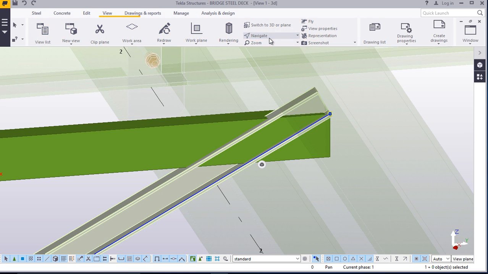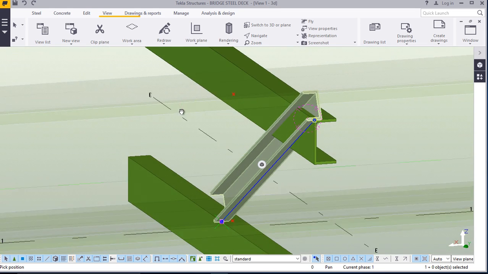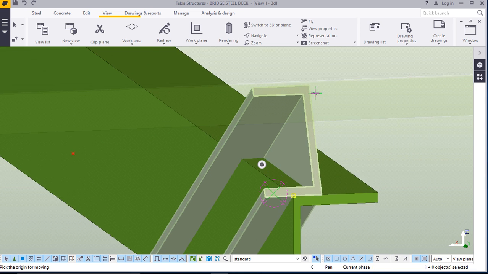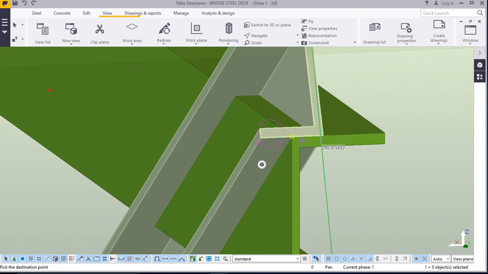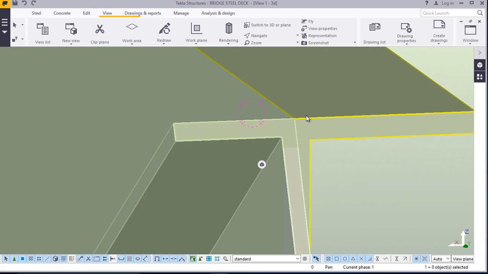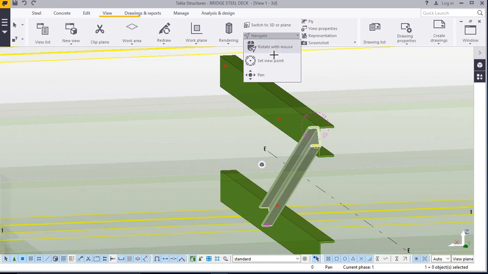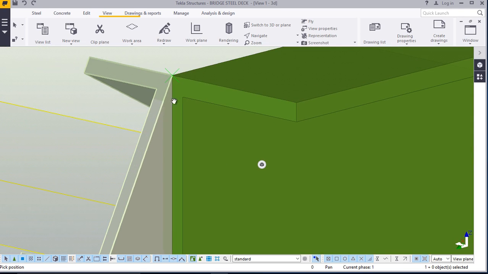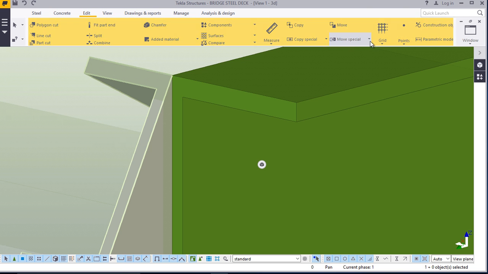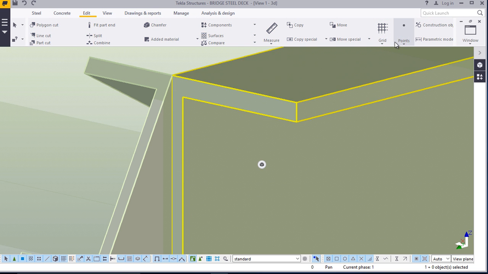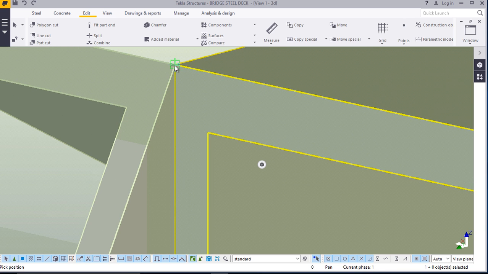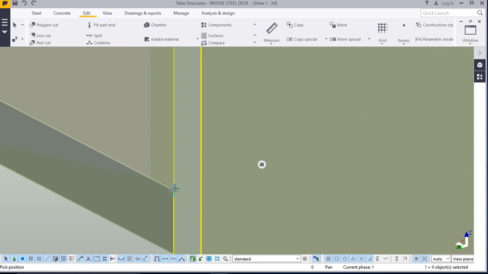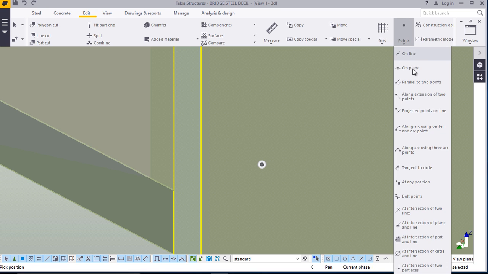Turn this round, go to view, navigate with mouse, right click again, come to move, snap on that spot, snap here, come to navigate, rotate this, we'll trim this off, we'll come to edit, come to any position points, click that and click here, come again here, any position,